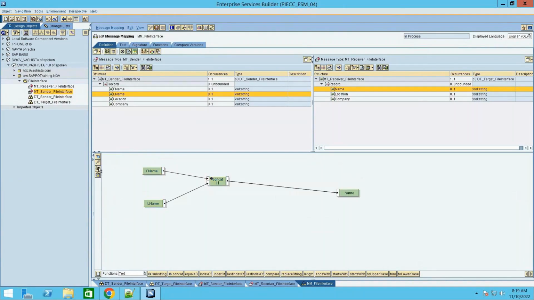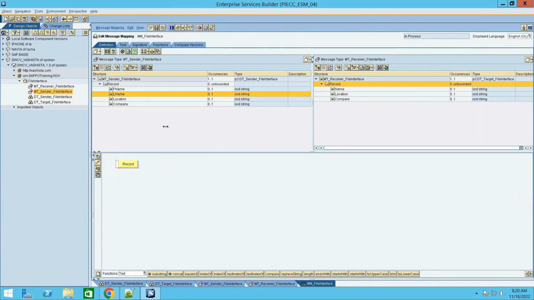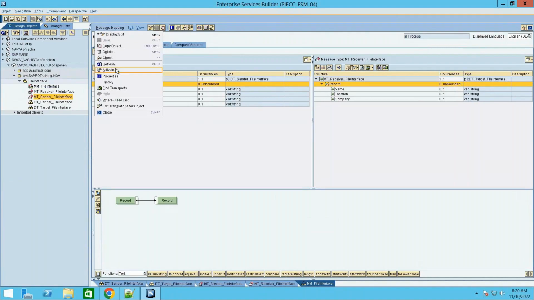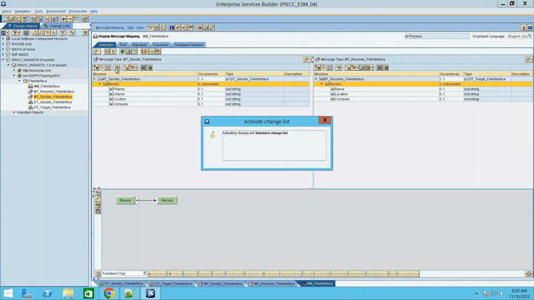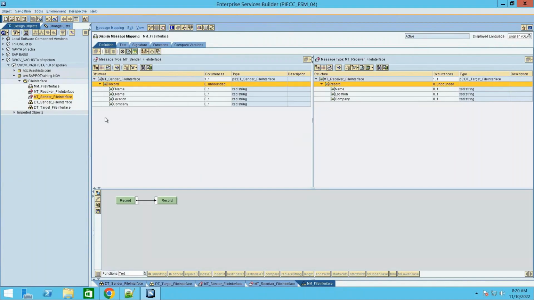So this is how I mapped first name and last name to name. And I would like to have these records as many times as my source, right? So I'll map record to record. So this is the mapping that we can do, a simple mapping for our requirement where we would like to convert the data from one structure to another structure. Once it is done, you can activate it. Now we are done with data type, message type,